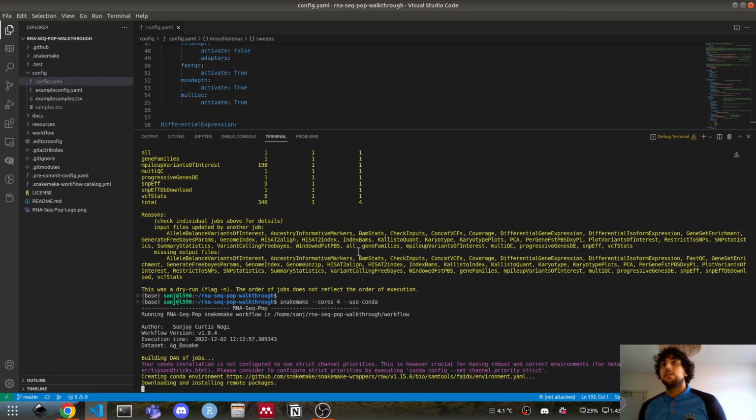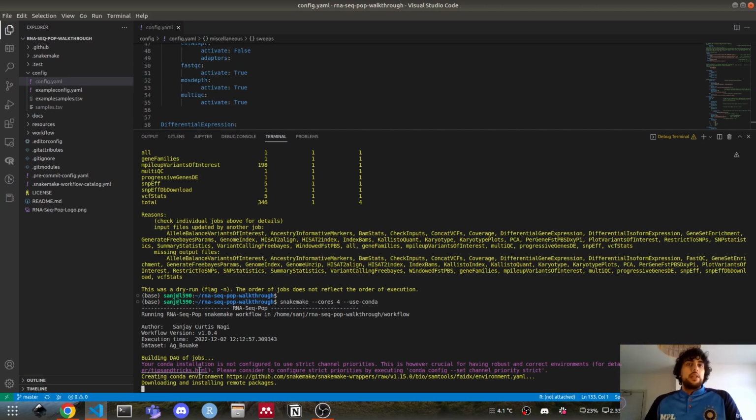Typically the standard transcriptomic analyses are pretty fast, the differential gene expression and so on. And it's really the variant calling step that is generally the slowest. Once the SNPs have been called, then the rest of the analysis is quite fast in terms of looking at selection across the genome, genetic diversity and so on. And usually RNA-seq-pop will take a few days or a week. It depends on the data set. But the initial transcriptomic things, at least, should be relatively rapid.